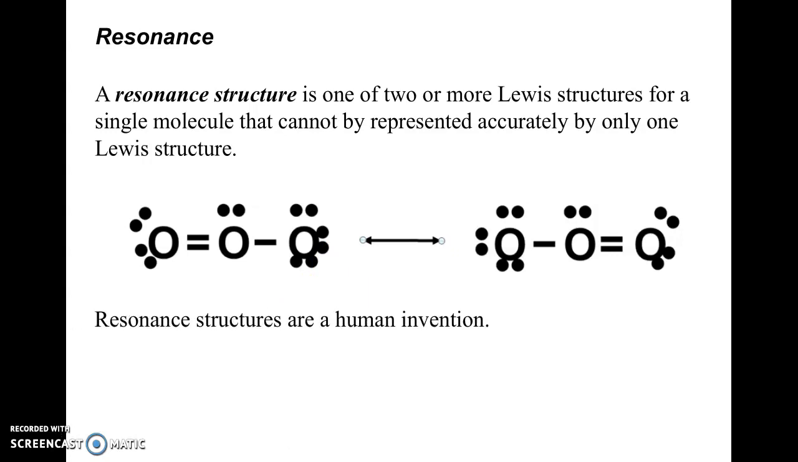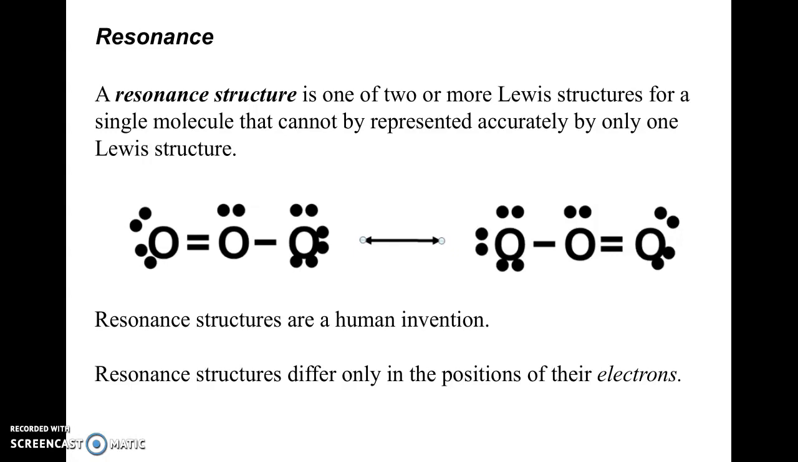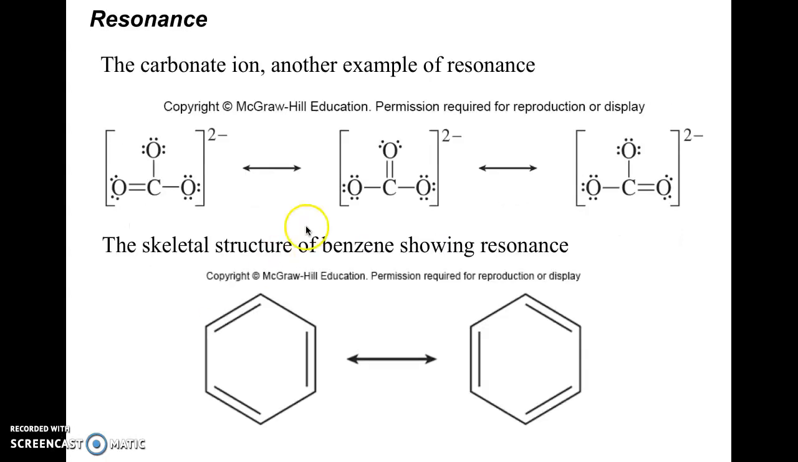Another thing to realize then is that resonance structures are just a human invention. The molecule actually knows where it exists. And so resonance structures only differ in the positions of the electrons, not the position of the atoms. So we have carbonate, which is another example. We have that double bond moving around between the different